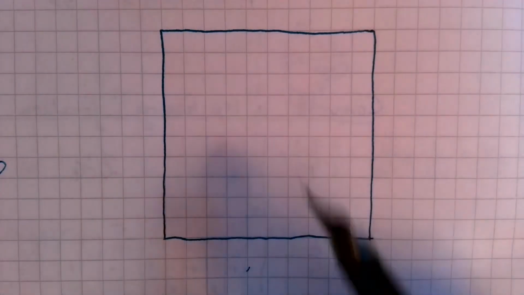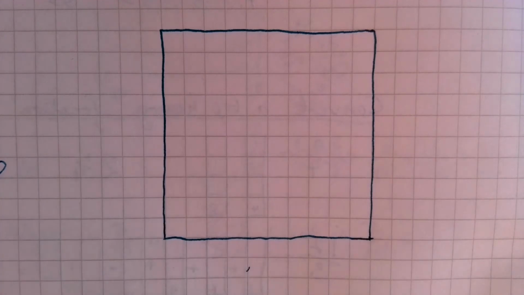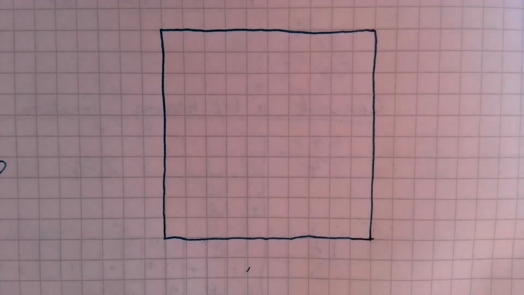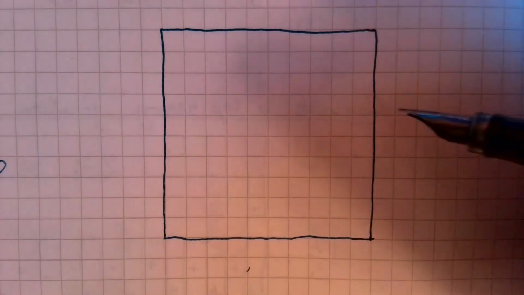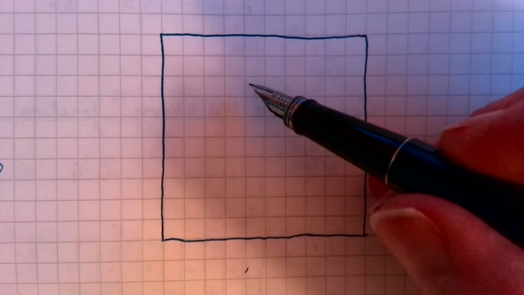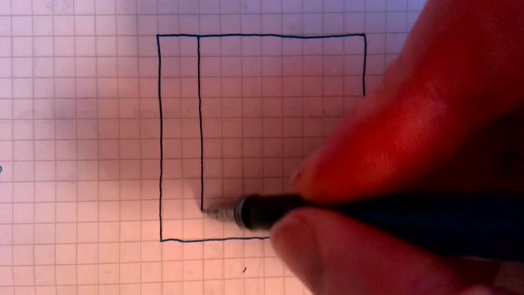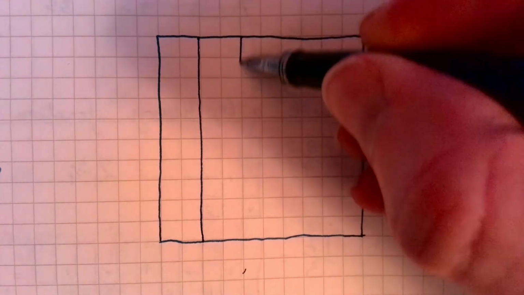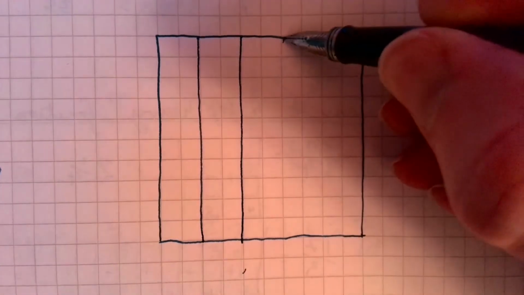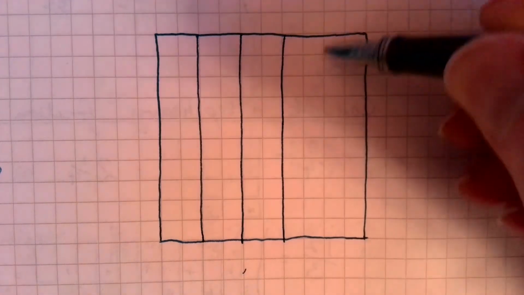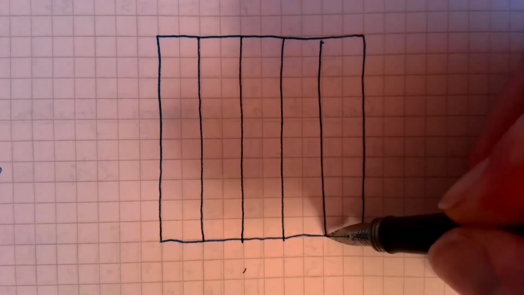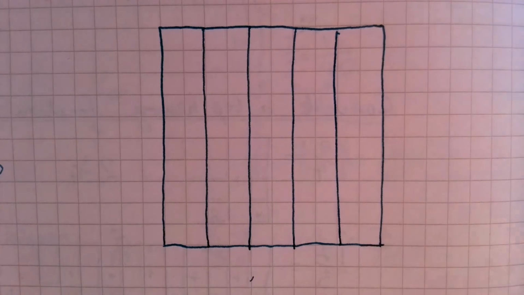So if I wanted to shade in 50%, I could just draw a line across the middle. Now I could do this for any number that goes into it. For example, you can divide 100 into 5 equal bits, because we've got 10 squares across there. So if I go down, every 10 divided by 5 is 2. So if I draw down every 2 like that, and then I get my highlighter,